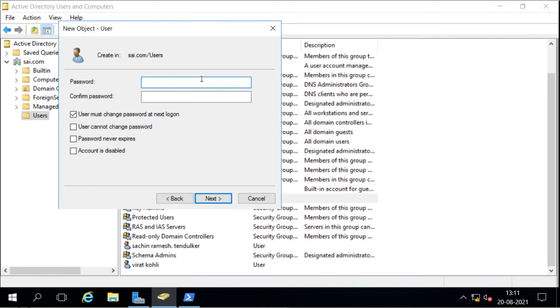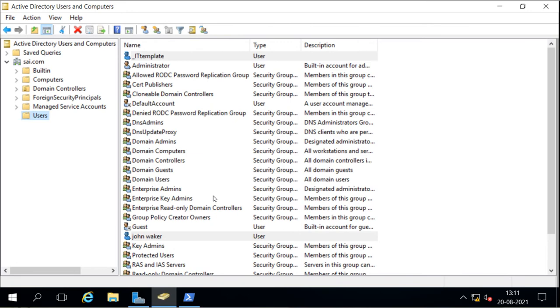Then without password you can't create any account here, so you have to provide the password, and I will use this, and I will say never expire. I don't have to change the template password again and again, and done. Now when you create this, when you give the name starting with underscore, it will come directly up in the list. So you can see that this is the template account. Otherwise you have to find the template accounts there. It will come directly up, so that we can see this is the template.